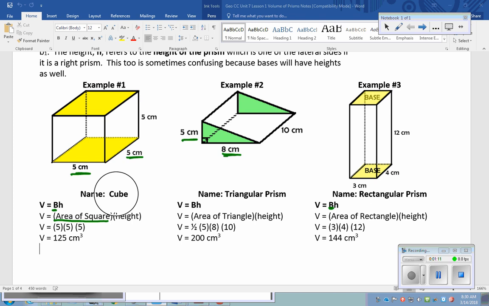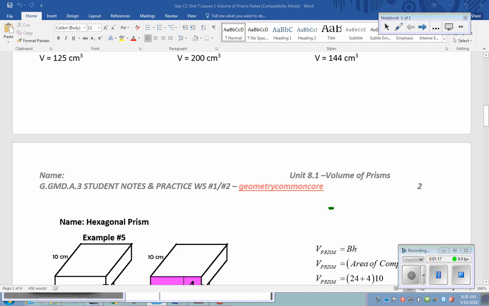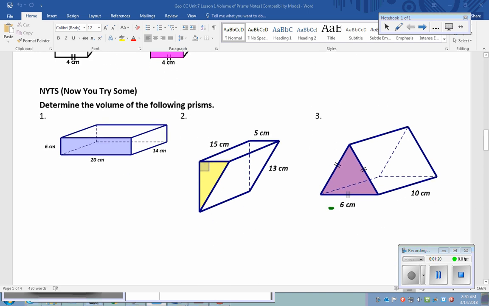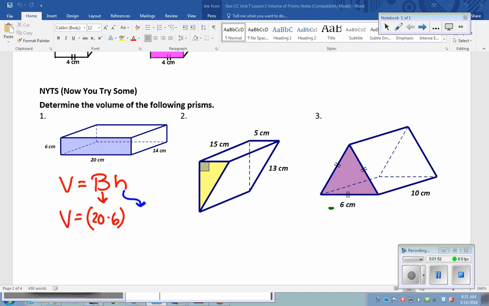So we're going to look at 3 examples on the next page that you write down in your notes. The first one is a rectangular prism, and they kind of went ahead and labeled the base figure for us. So we're going to use that formula. Now, that big B is our area for our rectangle. So in those parentheses, I'm going to put that area for the rectangle, which would be 20 times 6. And then the height is going to be the number that you multiply that base area by. So that height is going to be